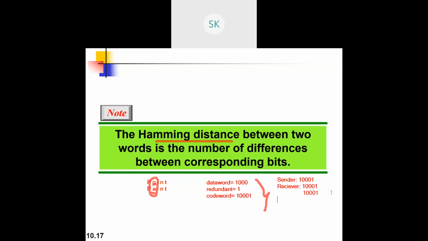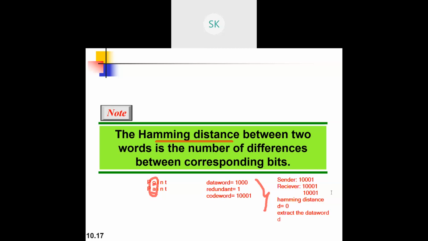So the Hamming distance, normally denoted as D, between those two words is 0, which means extract the data bit.